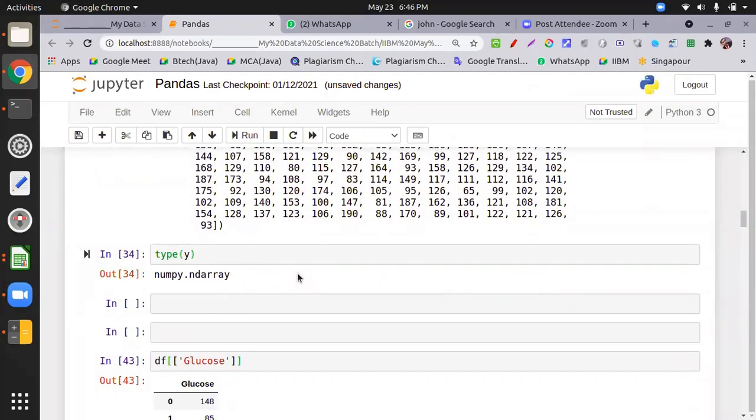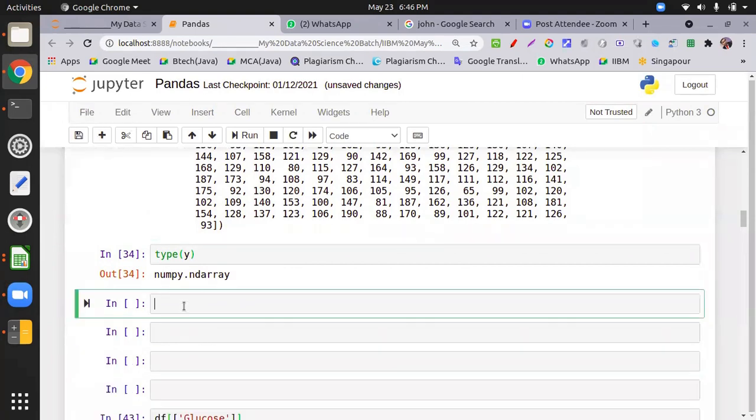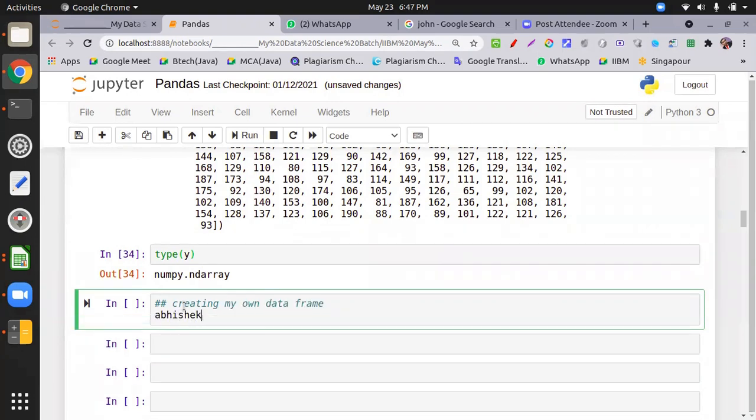Now if someone asks how to create a data frame, switching back to pandas: creating my own data frame. So I take my name equal to pd.DataFrame, which is a function. This function accepts a dictionary.